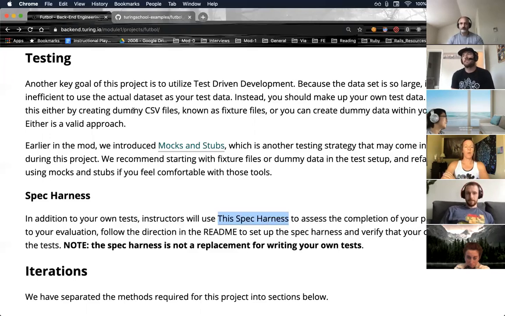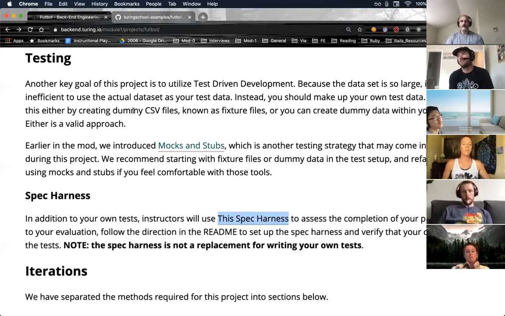Yes, so it says that, but I'll go ahead and say the sooner you have the Spec Harness set up, the sooner you can know if what you're writing is right. So I would do that as one of the first few things I do.